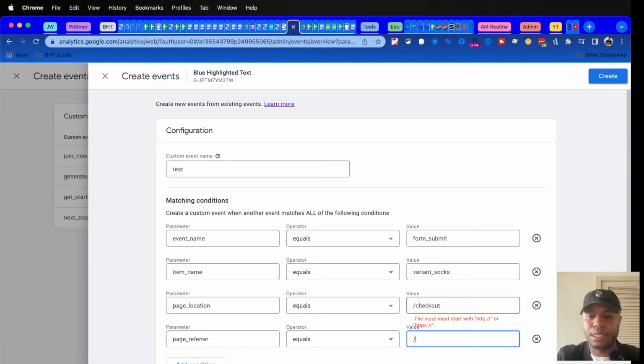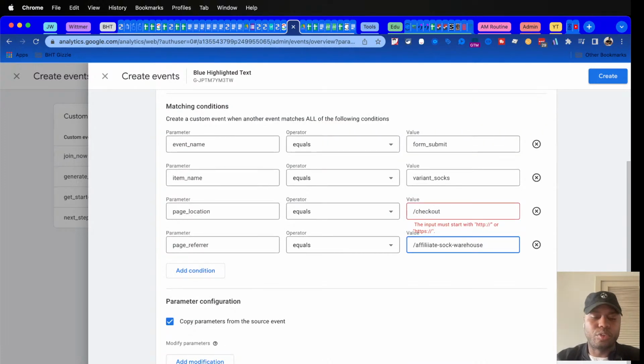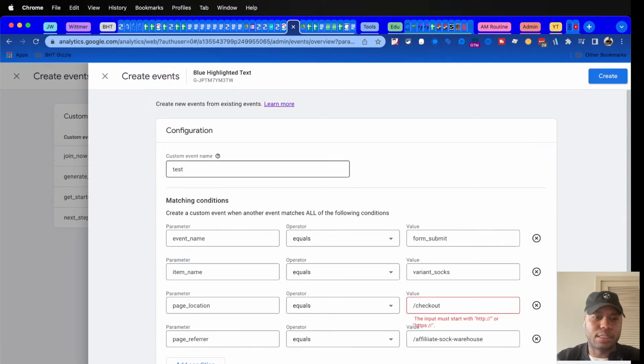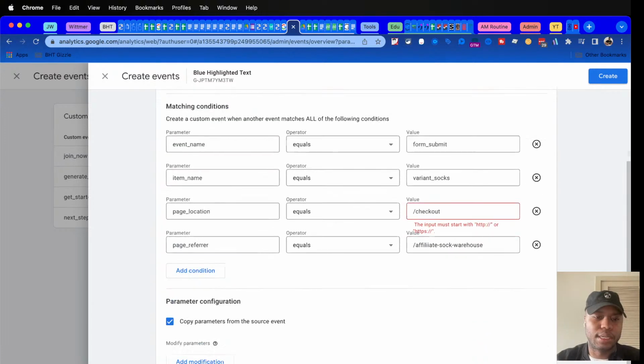And page referrer can be, I don't know, affiliate, stock, warehouse, whatever. All right, great. So if you create that, and when this comes through as test,